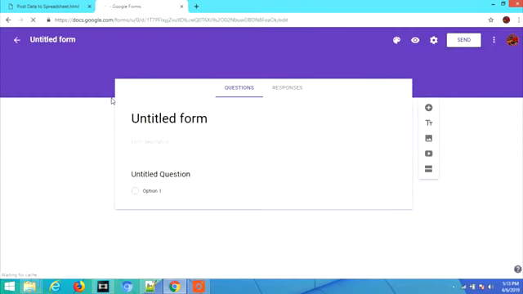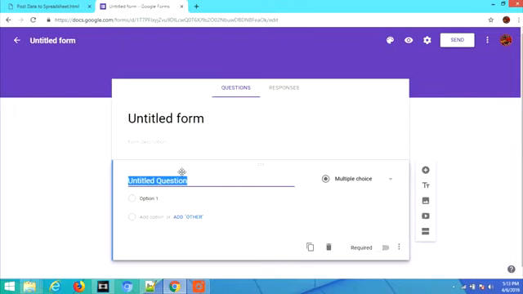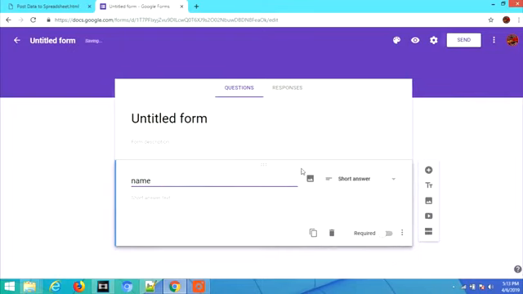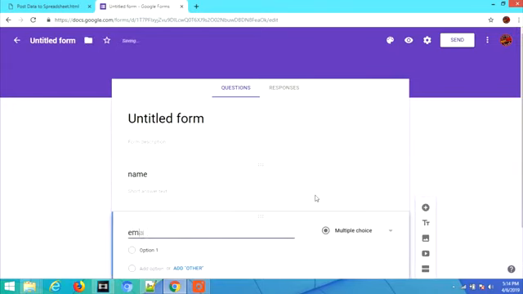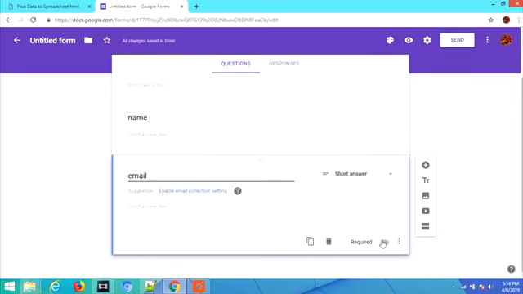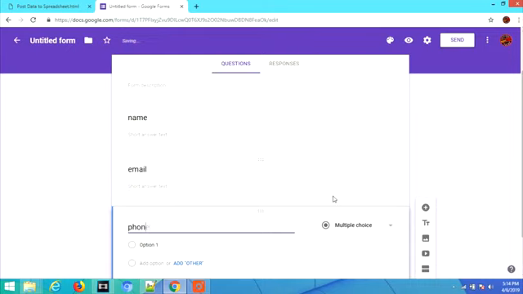Click on that, and here you have to keep creating the fields by clicking on the plus button. And please remember, keep it short answer, as we do not need to put any validation here. Otherwise, after a successful request there is a chance of failure from these validations. So keep it as a short answer.